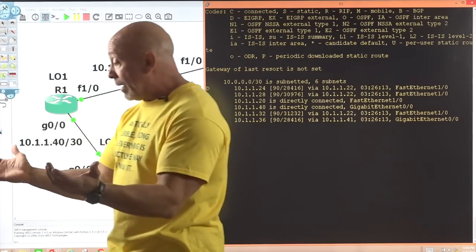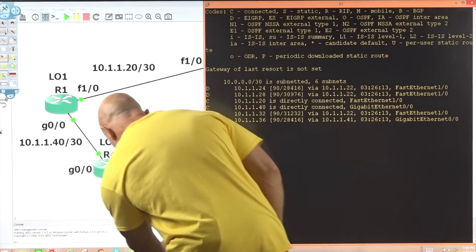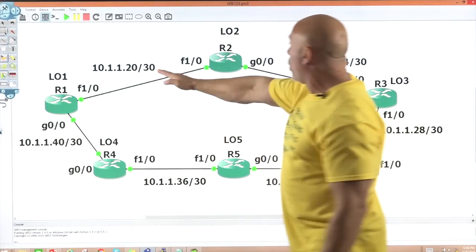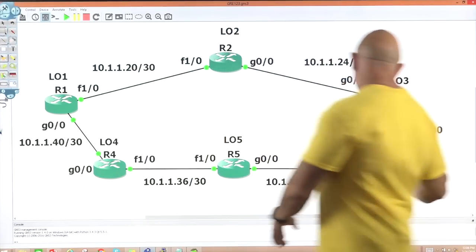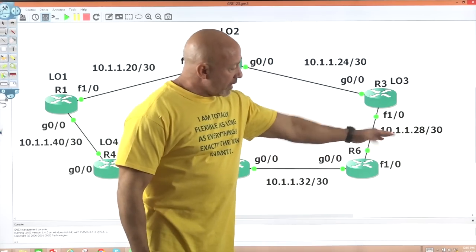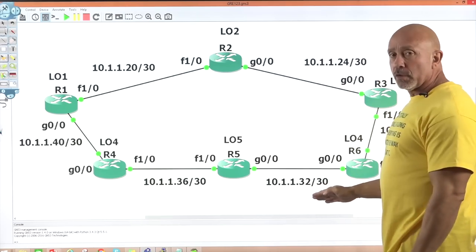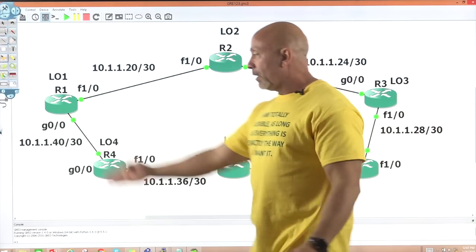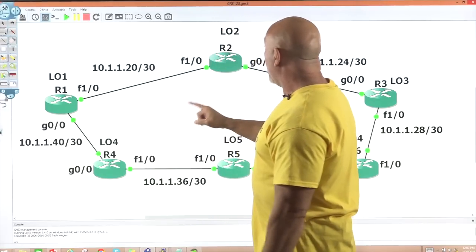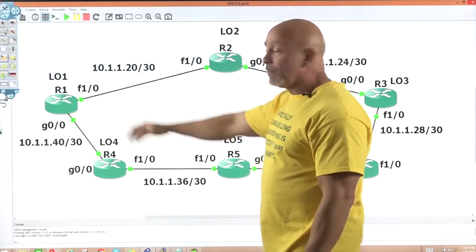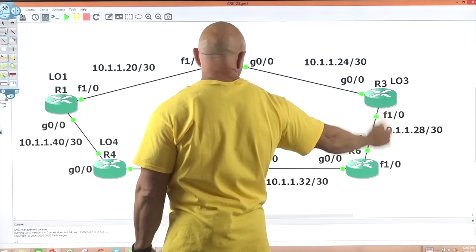So let's go ahead and just ping. This is the 20. Let me get rid of this so you can see what I'm talking about. This is the 20. This is the 24. Then over here, we have the 28. I feel like Vanna White. All right, here we have the 32, the 36, and the 40. You want to buy a syllable? No, just kidding. All right. We're going to ping from router 1. We'll try and ping, let's say, the F10 interface over here.